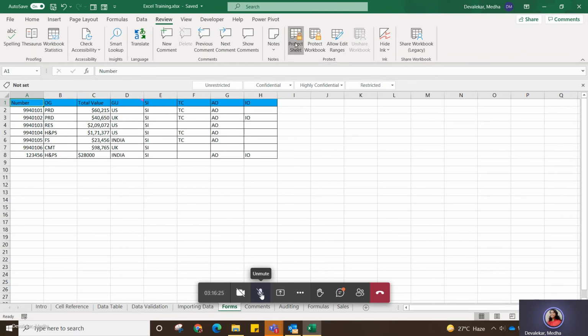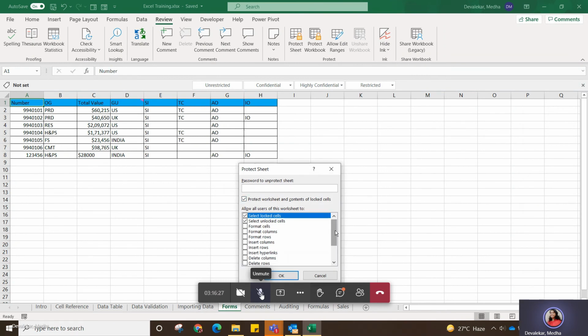It will only allow you to select locked cells and select unlocked cells. But formatting, we don't want to give the user the ability to format the cell or column, insert any row or column, or delete any row or column.